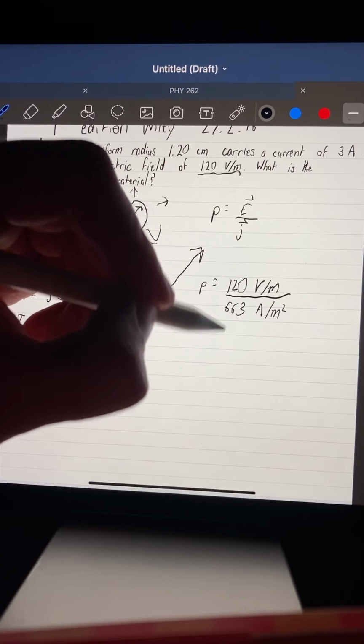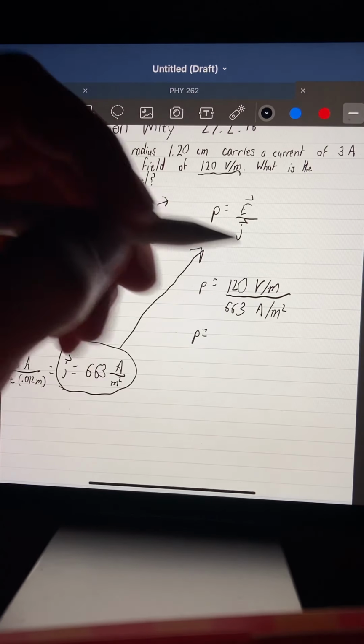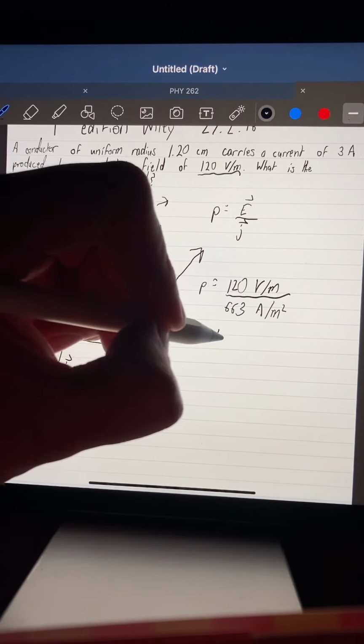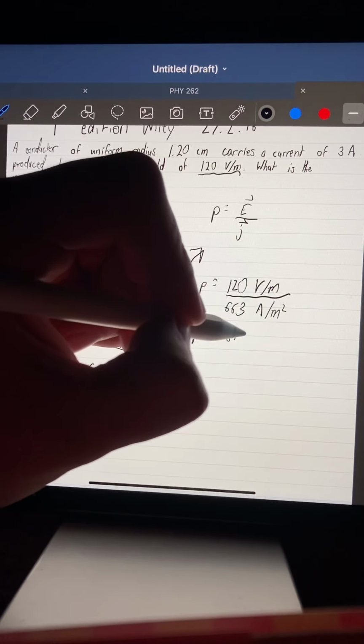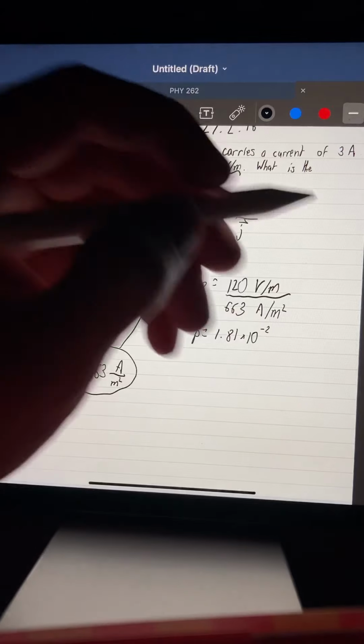Now, once we divide these, which I also already calculated, we get 1.81 times 10 to the negative 2